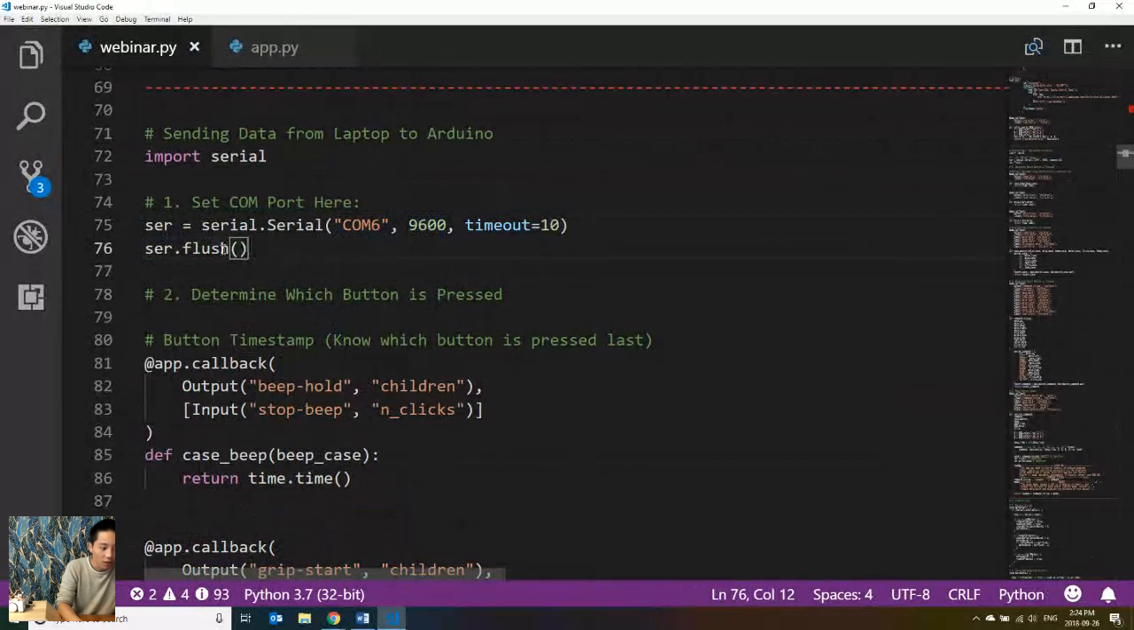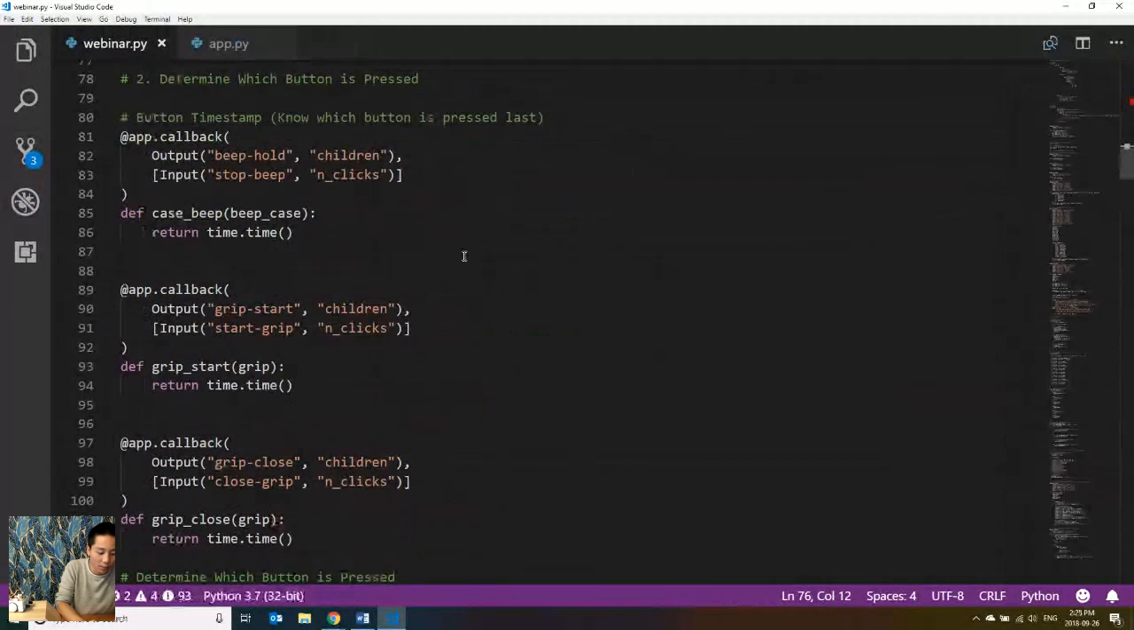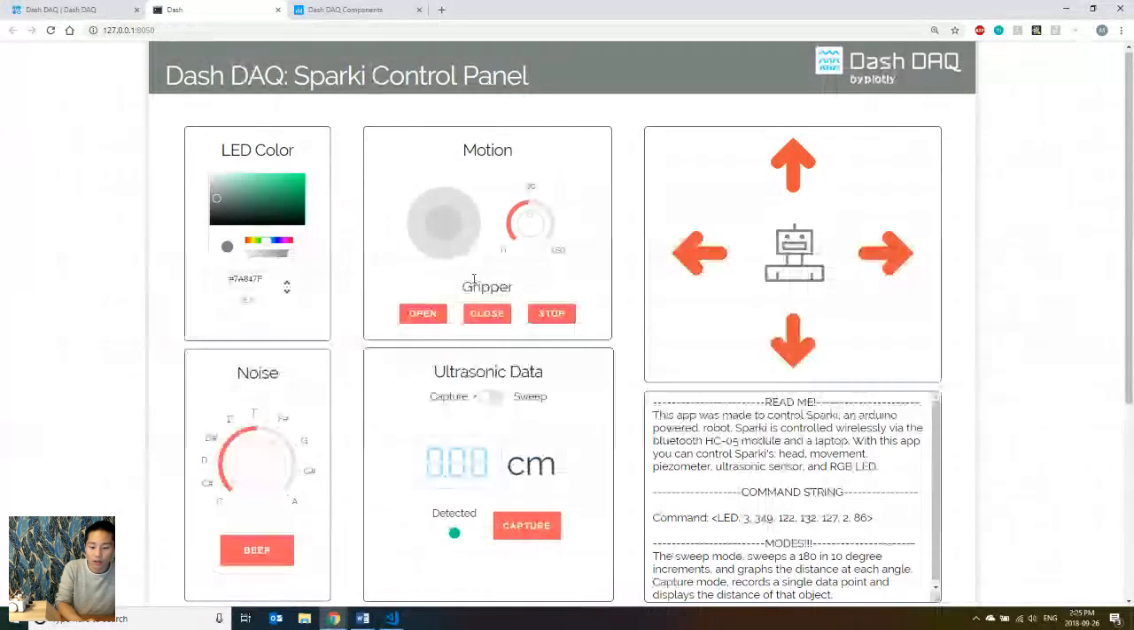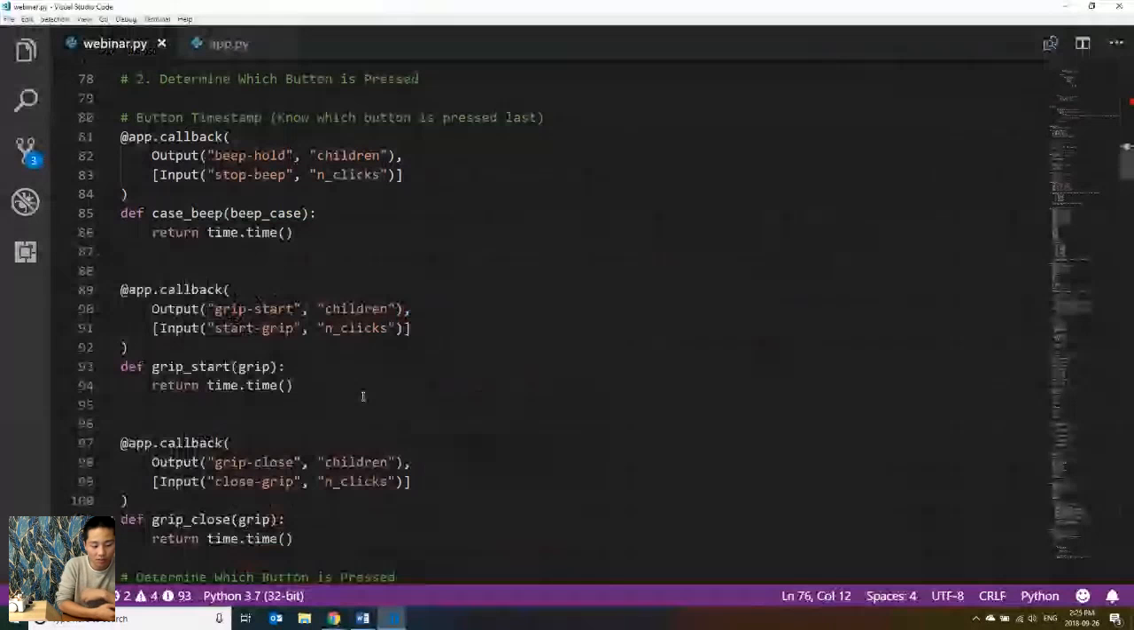Yeah, okay. So now we gotta determine which button is pressed, right? There's so much happening on here. There's so much happening on this app, right? As you guys can see, a joystick, everything, right? How do we know what was most recently pressed? So for me, I created a system for Dash on my own to figure that out for me. So Python comes with a time library that tells you the time since 1985. And basically,